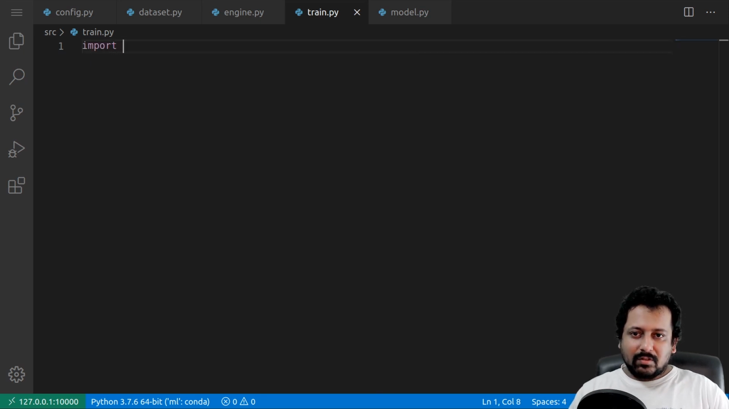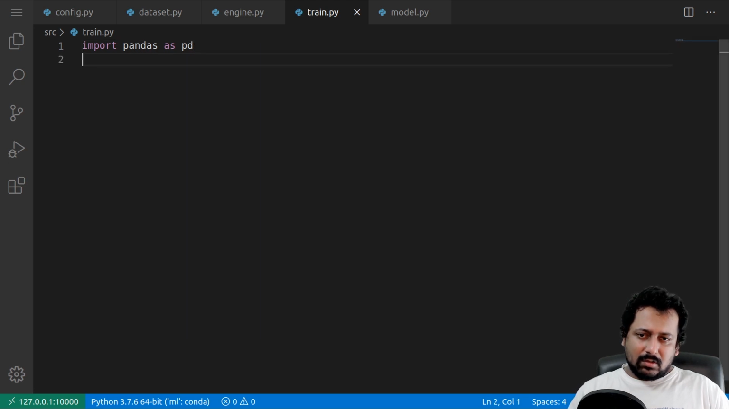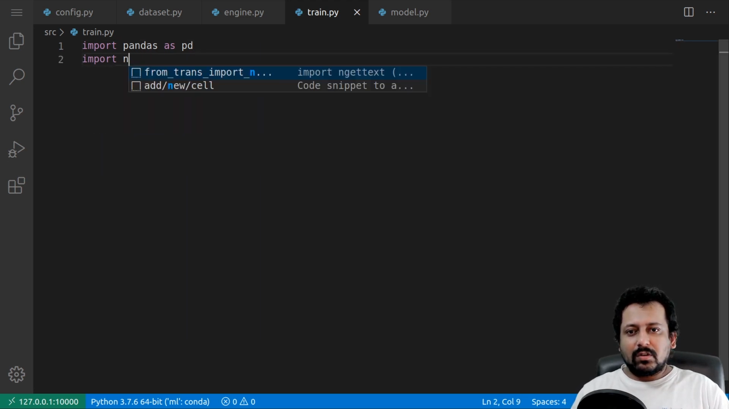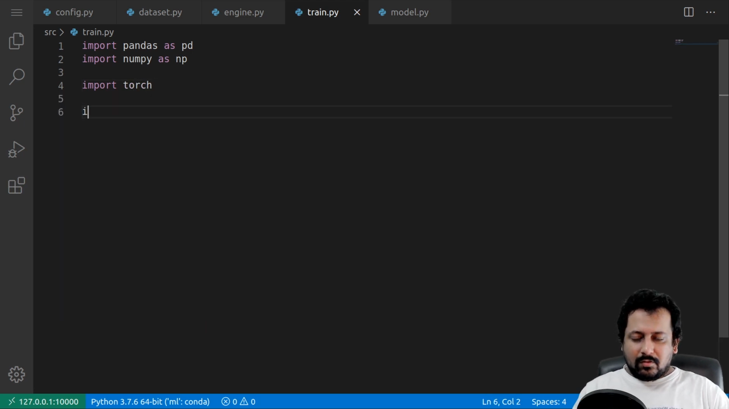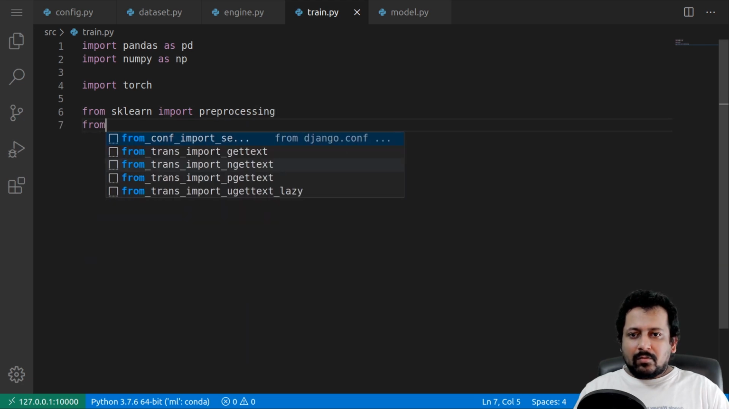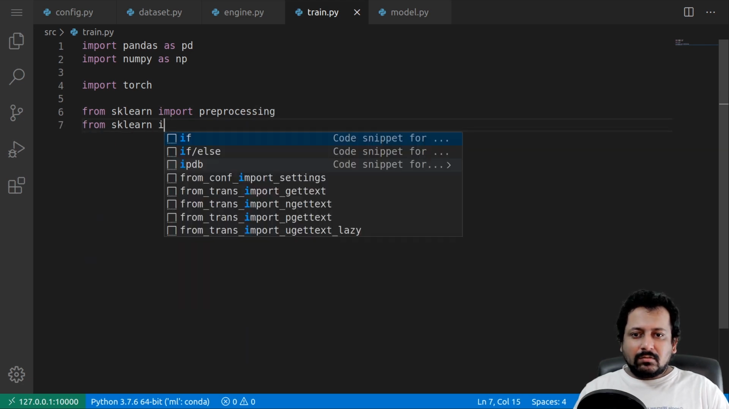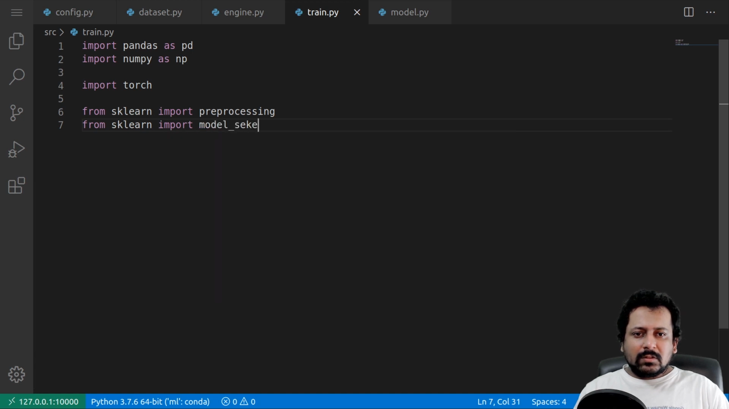So let's import a few things. We need pandas for reading the data. Import numpy as np. We need numpy, and we will also need torch, and we will need preprocessing from scikit-learn to use the label encoding. We will need model selection from scikit-learn to split the data,